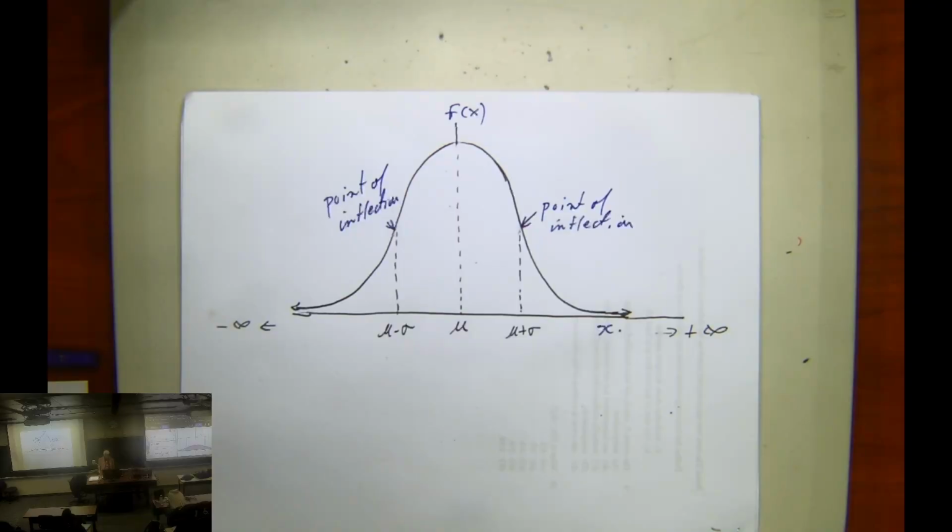So when you make it wider, you have to also make it shorter. And when you make it more narrow, it has to be taller. And that's because the area is always 1. So it cannot do one without the other. And so this is a thing that you should be aware of, is that it can be very spread out and very flat, or it can be very peaked in the middle in one spot. And the sigma tells you the width and also the height in some sense.